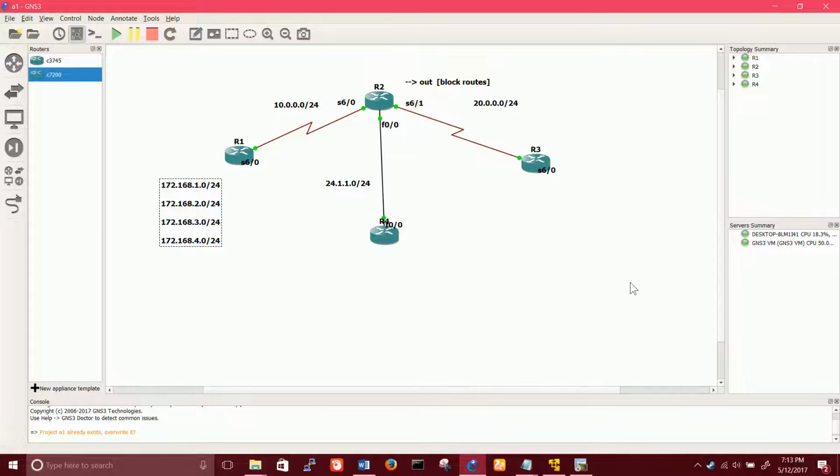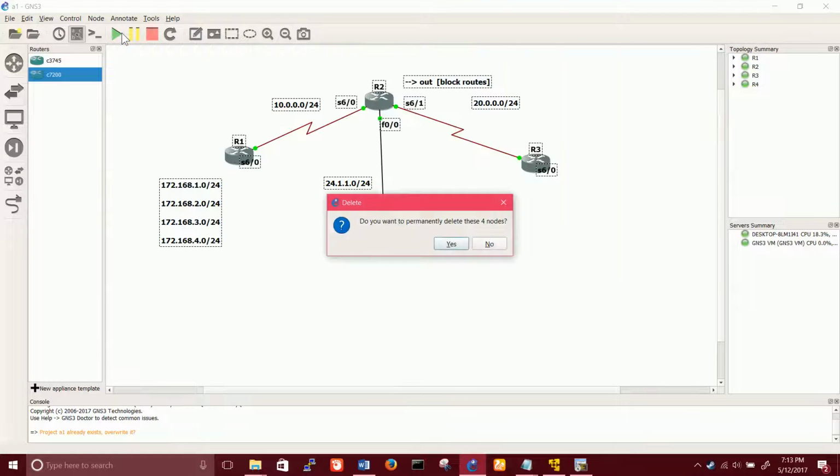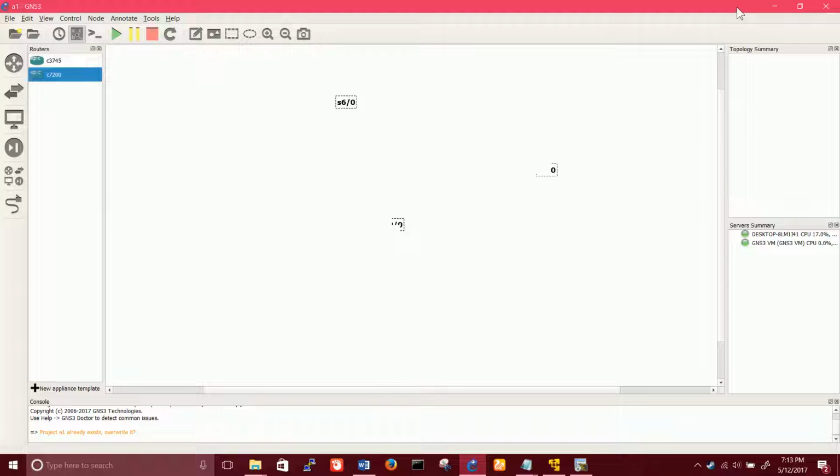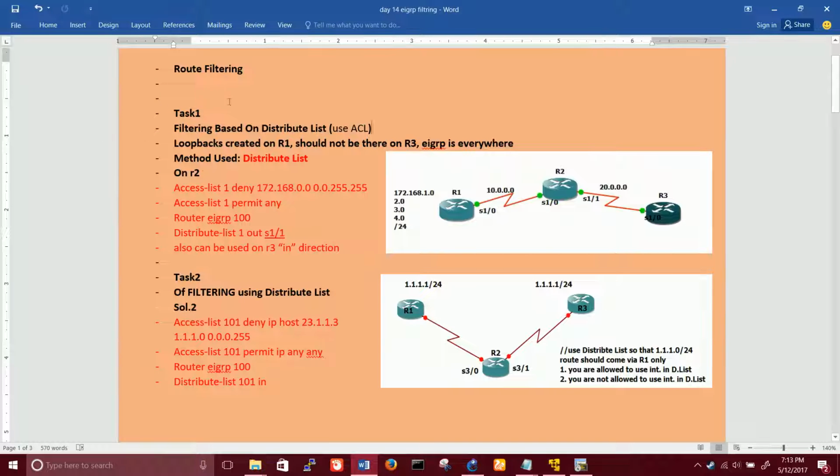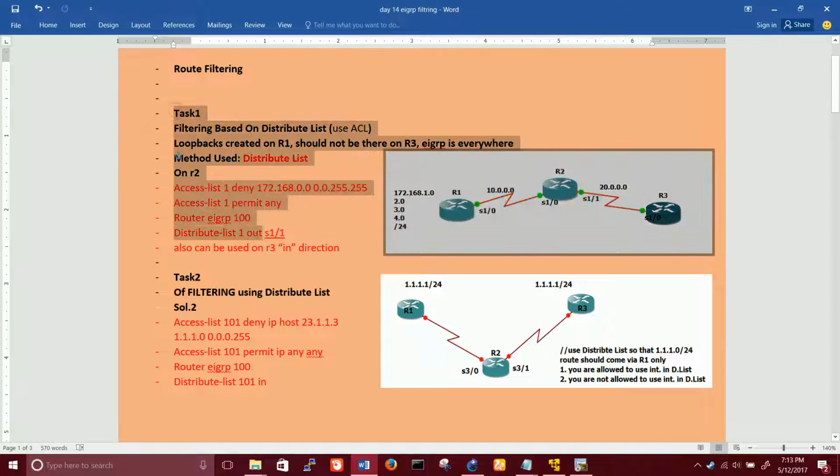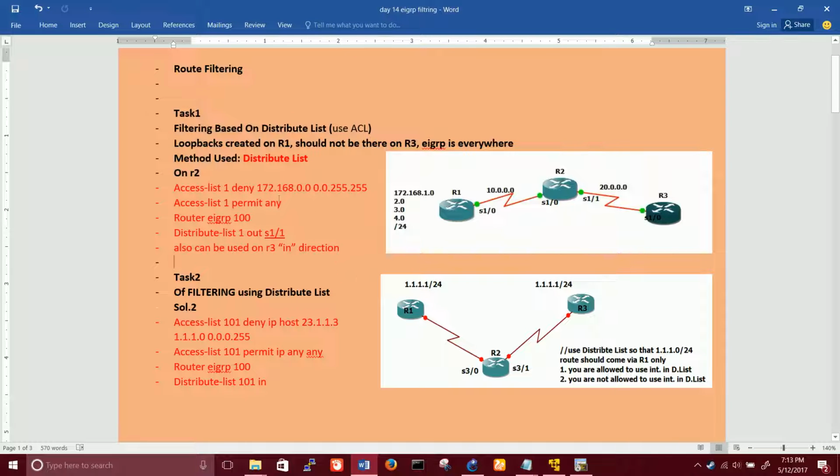So this was your task, doing route filtering using a standard access list and your distribute list obviously. So let's remove this. Do this at least 2-3 times. You have to be good in ACLs. Okay, then you can try this. So this was a very basic task just to learn. We are not here to do something magical, some big task. Our job was how to use ACL in the routing protocol to do the filtering. So task 1 taught us how to use standard ACL.